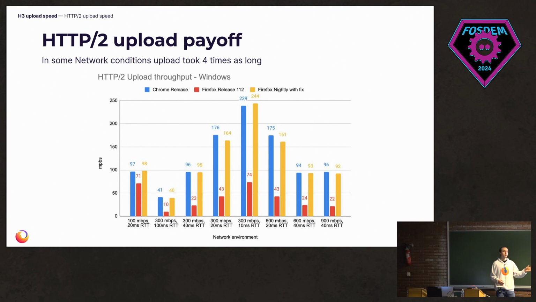Chrome upload speed, Firefox before the fix in red, and in yellow Firefox after the fix. And we see that in certain configurations, like high bandwidth and also from low to higher round trip times, we have upload speed improvements up to like 4 times the speed. So we only have to wait a fourth of the time, and we are on par here with Chrome, which is using all the bandwidth you can use for the upload. With this